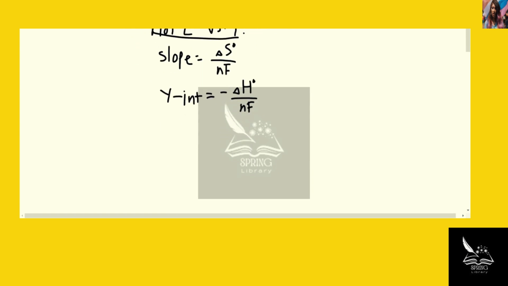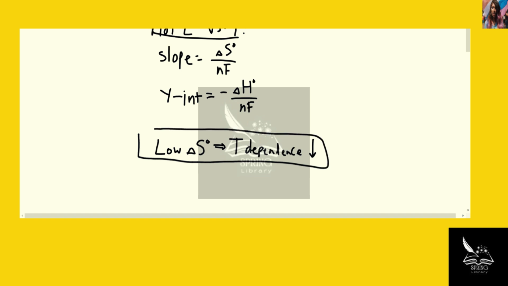That is why at low values of delta S at standard conditions, the relationship between cell potential and temperature indicates that the temperature dependence diminishes. It decreases to the point where if delta S were 0, then it wouldn't matter how we change the temperature at all, because the cell potential